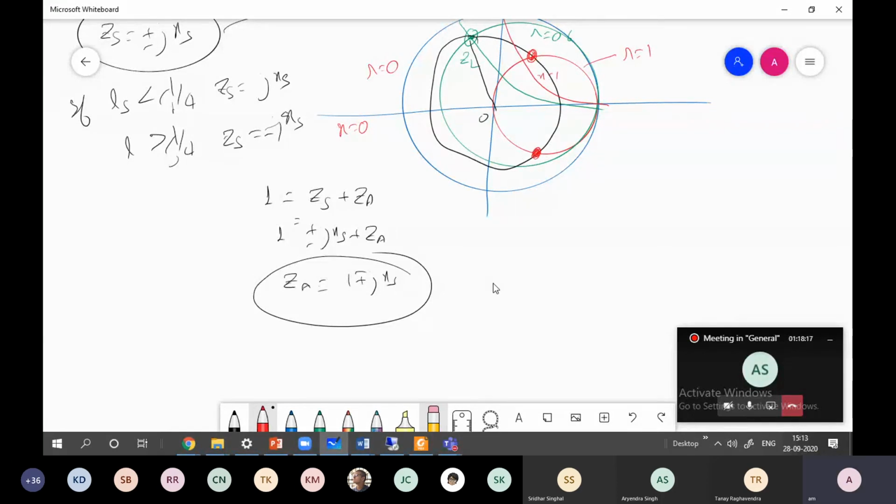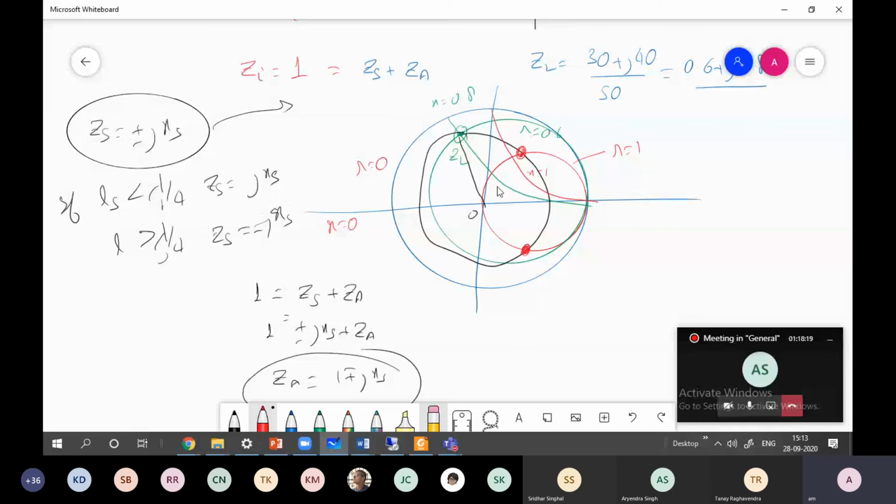So what will be the distance? If you try to find out the distance, it will be this one and this one. This will be your DS1. Similarly, if I take this point, this will be my DS2. Then you can read out your DS1.